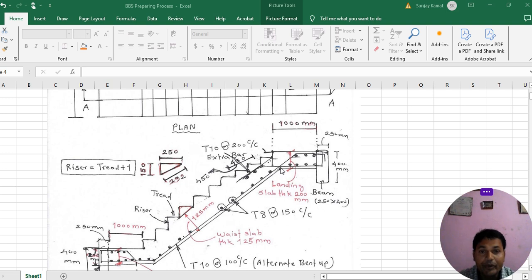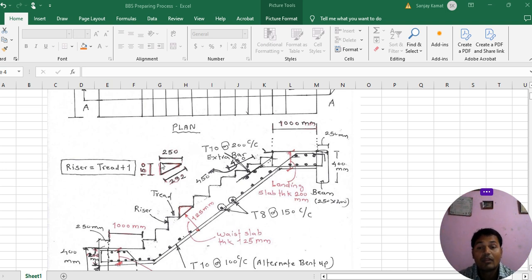So from the ending of the sloping, we again bend this rod to the horizontal position, and we bend this rod in such a way that this will be what? Landing 2. Okay, so see, we have a formula: riser is equal to tread plus 1. So in every riser and tread, in every step,